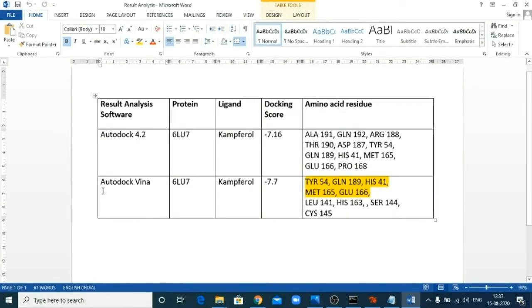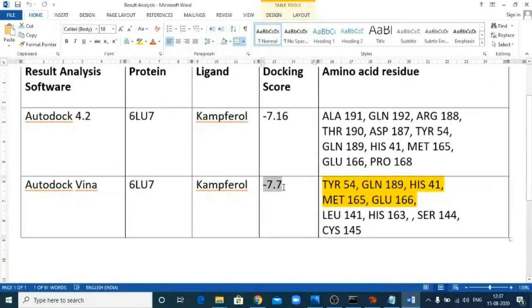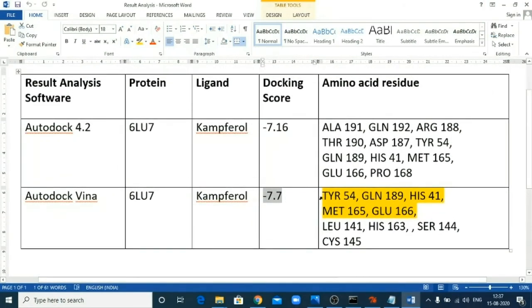You can see these are the results obtained from AutoDock Vina with the protein 6LU7 docked with kaempferol. The docking score of the conformer is minus 7.7. And which amino acid residues? It is these, a total of 9 amino acid residues.